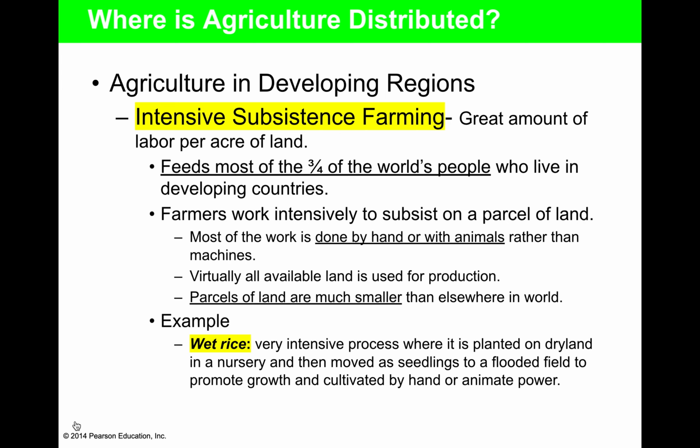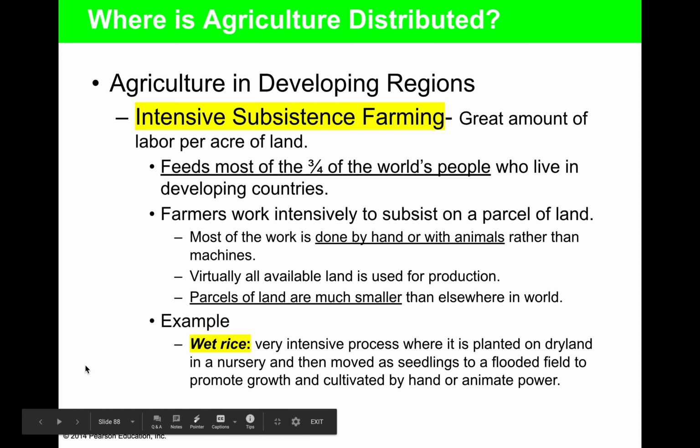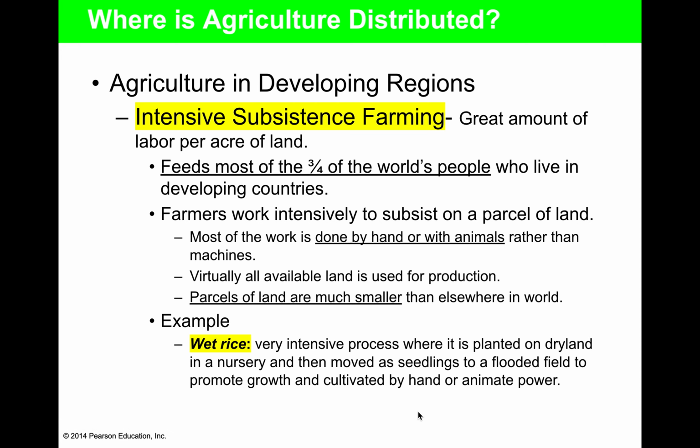Some of the intensive subsistent farming that we see is in southern China. Not all of China can grow intensive subsistent farming for wet rice, but some of it we see is in the warmer climates in southern China, and then other parts like Taiwan. And it's an intensive process from developing the seed in a nursery to planting it in the flooded field, the paddy or the sawa,